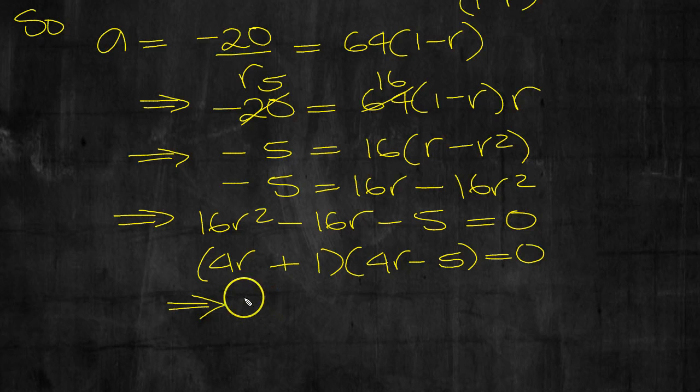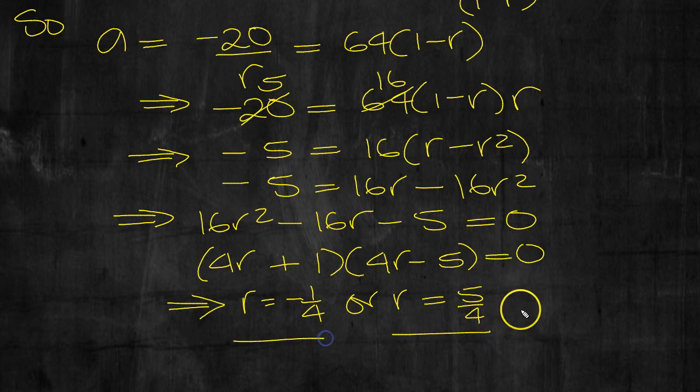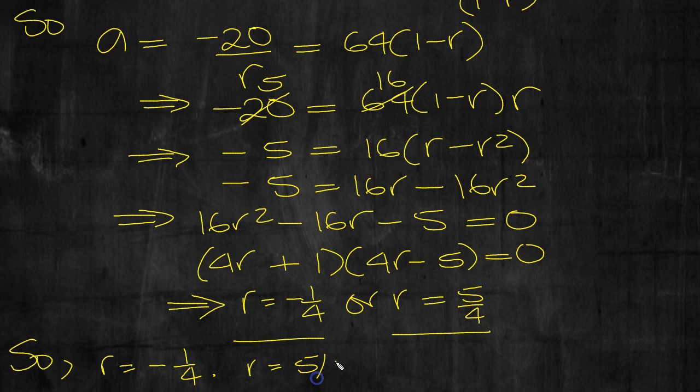So that tells us what R is then. This one, when it's 0, R is equal to minus 1/4, isn't it? And this one tells us that R needs to be 5 over 4 to equal 0. So what can we now say? R is equal to minus 1/4. R equals 5 over 4